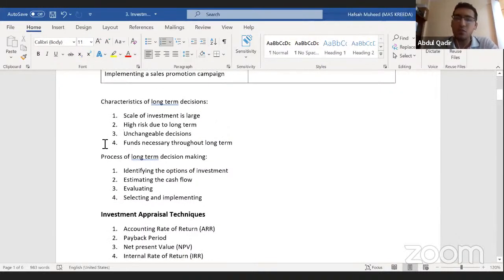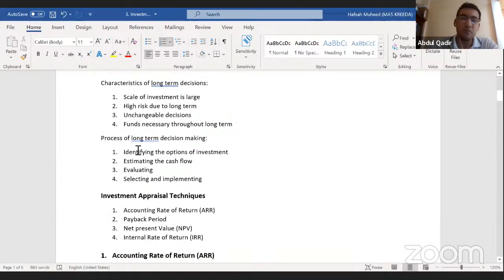How do you appraise an investment, right? So what you do first is you identify what are your options for investing, right? And then you check, let's say we are starting a factory. Other than a factory, where can I invest my money? Is it best to put in a factory, or is it best just to open a fixed deposit and put some money and earn an interest? Or maybe I should start another company, maybe abroad, another branch. So you identify different options for you, right?